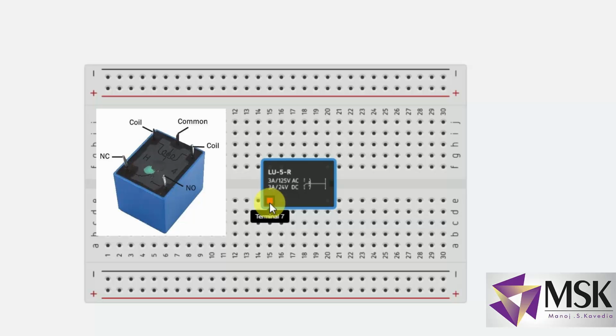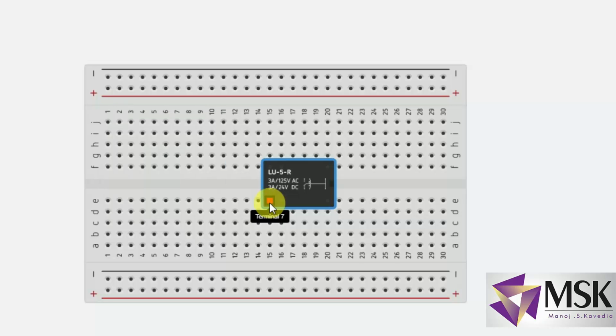Generally the device which is to be turned on or turned off using a relay is connected to the normally open terminal because it is acting as an open switch, and then with the control or the supply given, this normally open will go to normally close and the switch will get closed and the application will start working.